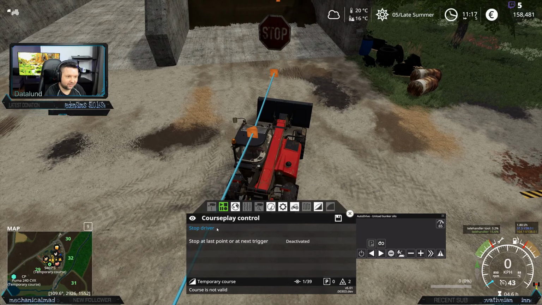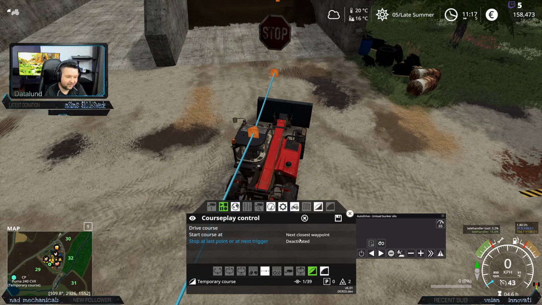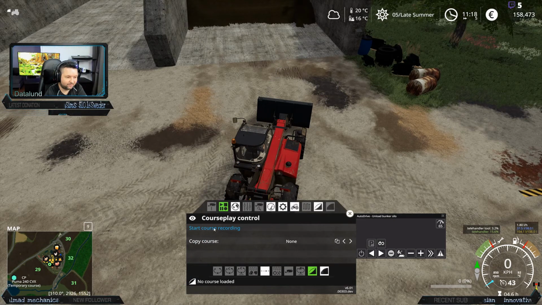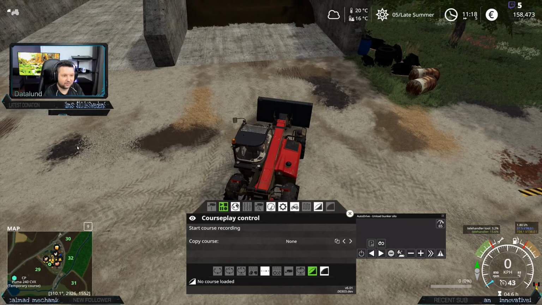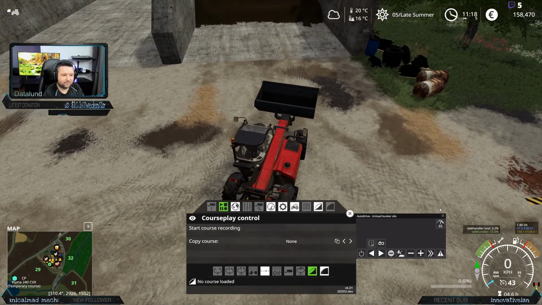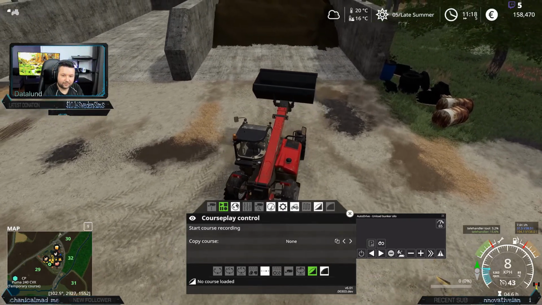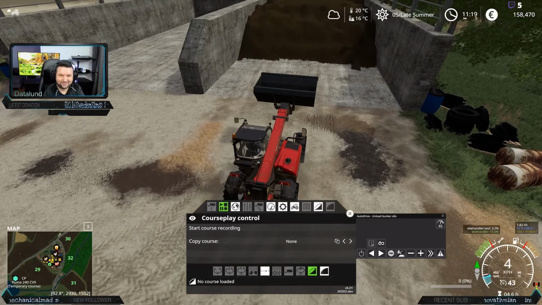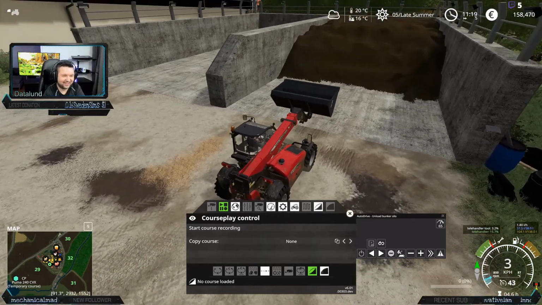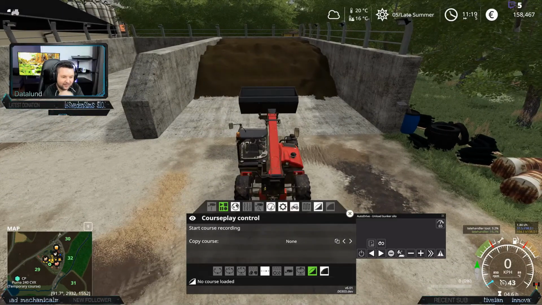I don't know if this works. Let's try it out. Course is not valid. No, I had a feeling. Alright, so let's do this properly, shall we? If I recall how I did it last time. So bad. So I wanted to set up a...